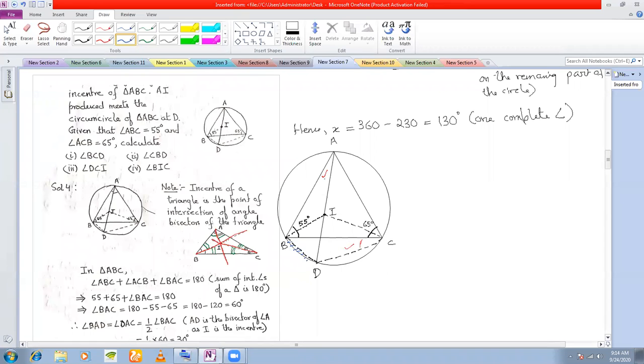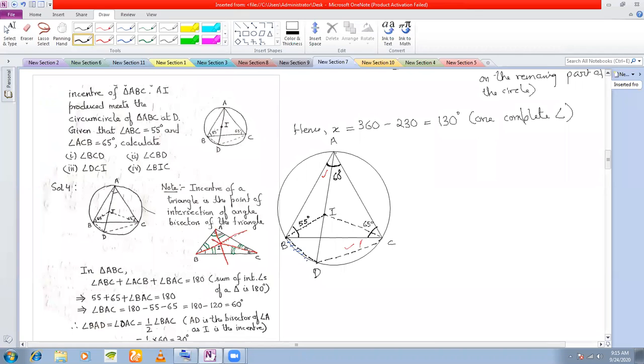Now the question is that how to find out angle BCD, the unknown angle. If you consider triangle ABC, then very easily you can find out the third angle here. You can find this third angle here because two angles are given to you in this triangle, 55 degree and 65 degree. So how much will be this angle? 180 minus 55 minus 65. So this is going to be 60 degree. This angle at A must be 60 degree.